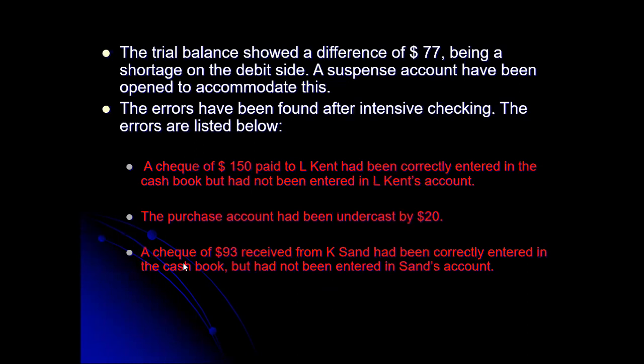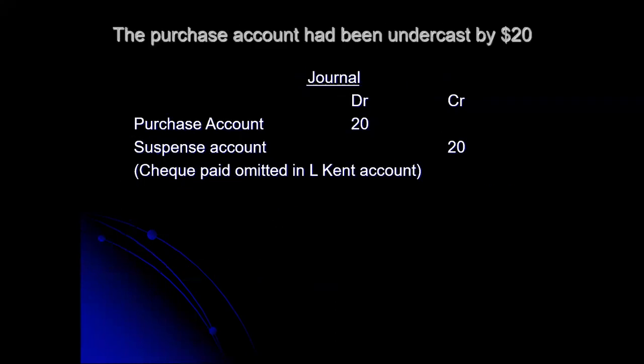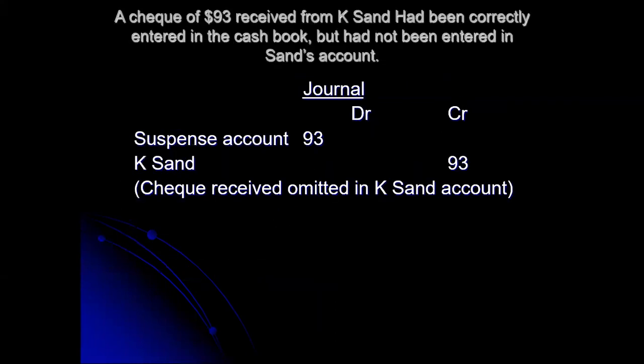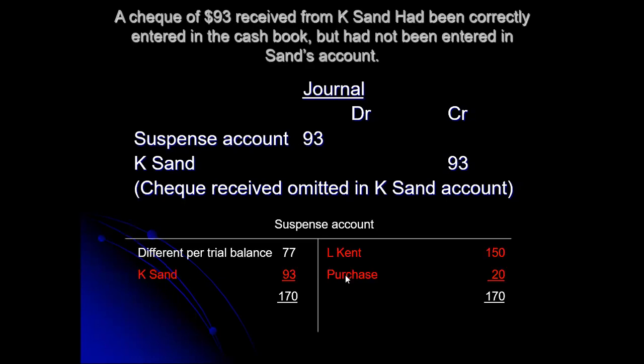And the last error is a check of $93 received from KSAN had been correctly entered in the cash book. Now, we have received a check. So it is for you to know that we should debit the bank column of the cash book, which we did correctly. So we have debited bank, but we did not credit SAN's account. So to correct the situation, we need to credit SAN 93 because we did not do so, and debit suspense 93. So putting this into the account,